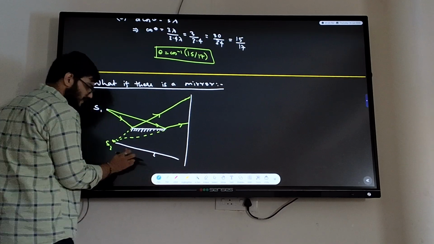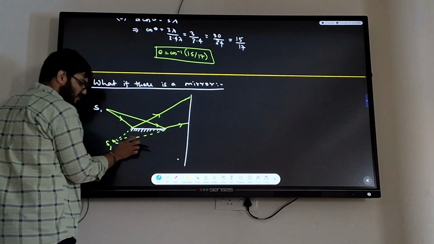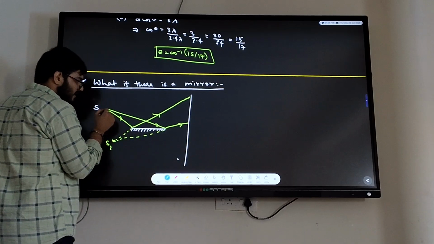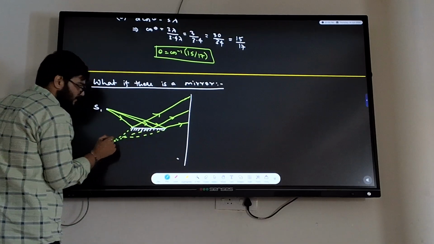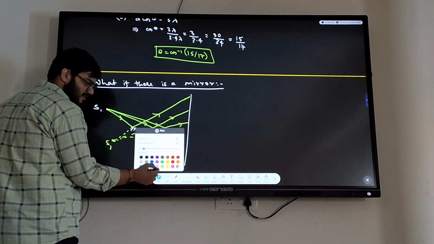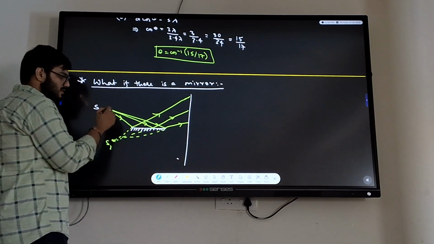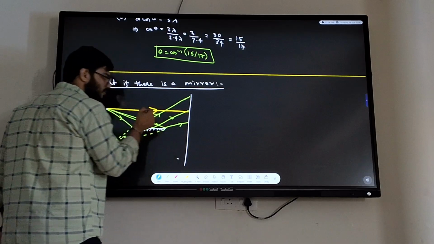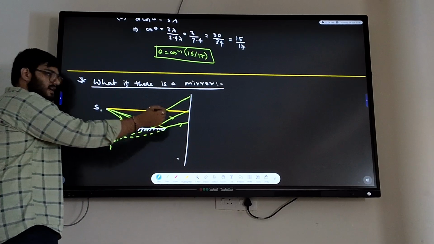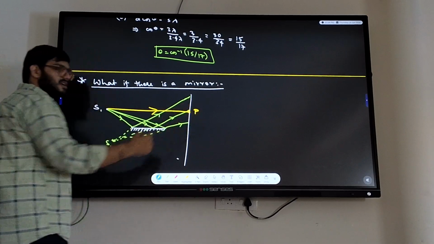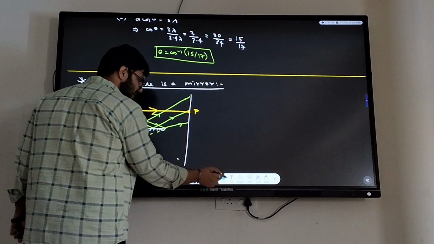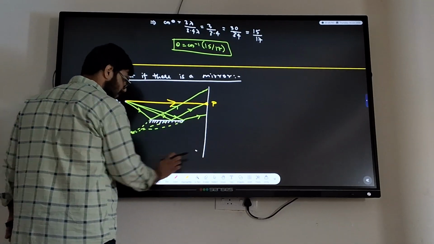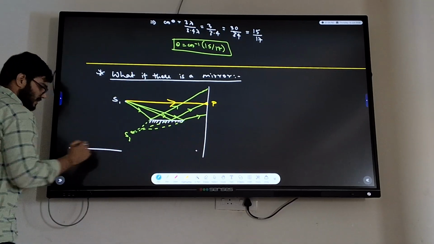See, interference will only be created when there are two sources. So let's say I have one ray which is going like this, and let's take that to be coming out from S2, and this is one ray which is going straight directly, and that will meet and create some kind of interference pattern. Right? And why will it create an interference pattern? Now understand this, that when this ray gets